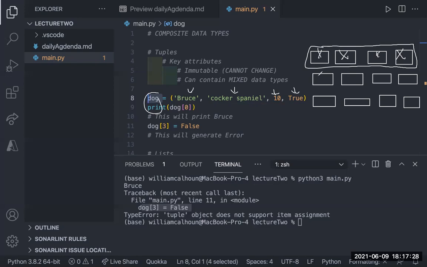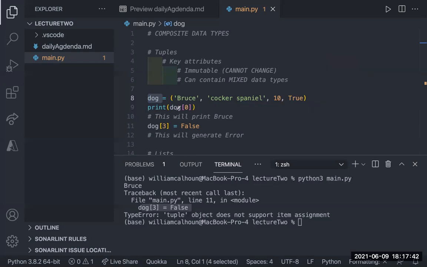What if this one was already taken up by cat, right? And if I needed to add something like a list, then now I have to find 5 consecutive in a row, and I have to change it. It gets kind of confusing. So that's what I mean by it's fast. Its retrieval, when I say dog 0, is wicked fast. We know it doesn't have to have extra space or anything like that.